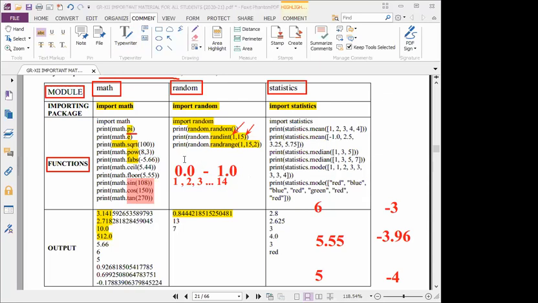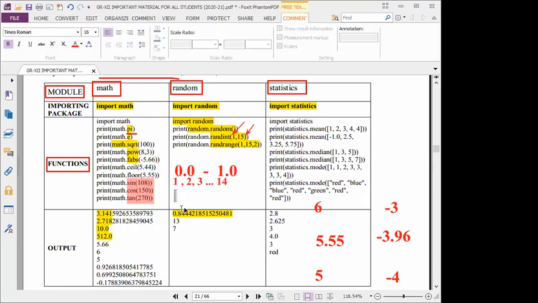Students understood? So tell me, what is the range of values of 1, 15, 2? What are the set of values? 1, 3, 5, 7, 9, 11, 13. 15 will not come, so we should stop at 13. So this is the list of values. From these values, it will display any one. Any one you will get.